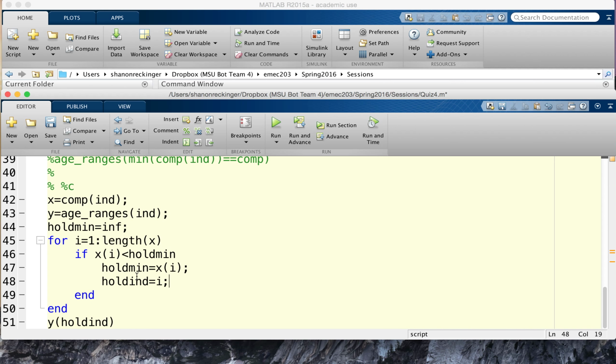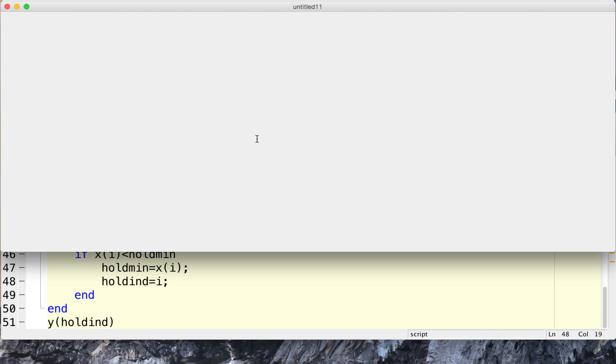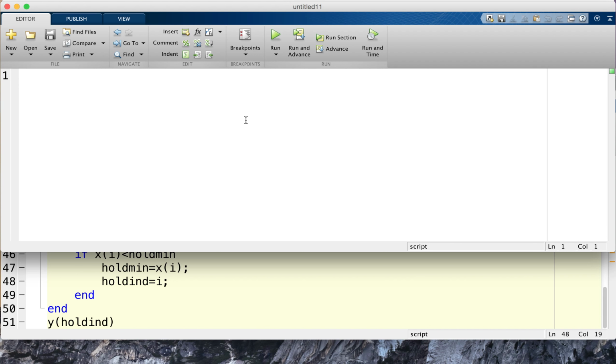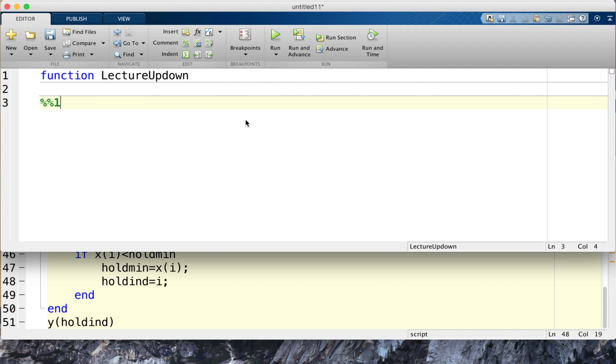Okay, so let's move on to functions. What we're going to do today is go through the alternate quiz, but I'm going to do a lot more with it. I'm going to do all my notes in MATLAB. So we're going to start